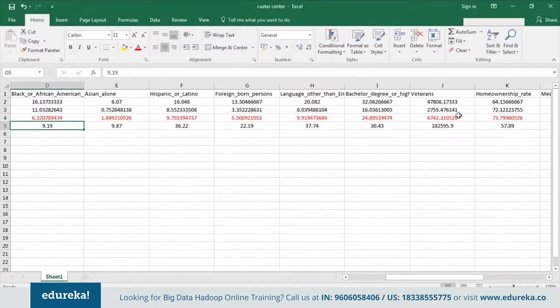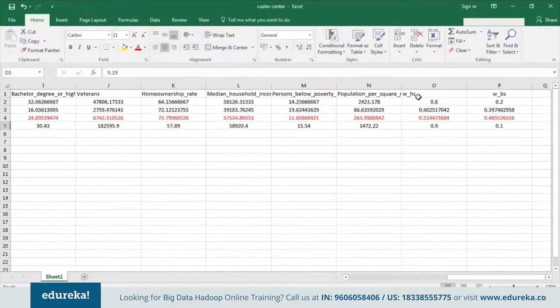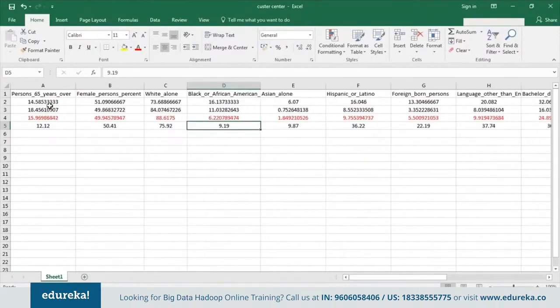So what we observed here in WHC and WBS is that the winning percentage, or the winning chances, of Hillary Clinton was 0.9, whereas winning chances for Bernie Sanders was 0.1. And then if you observe the differences in the cluster centers for each feature, here you can see that there is not much difference, not even here. So it's 50, 49, 49, 51, and then